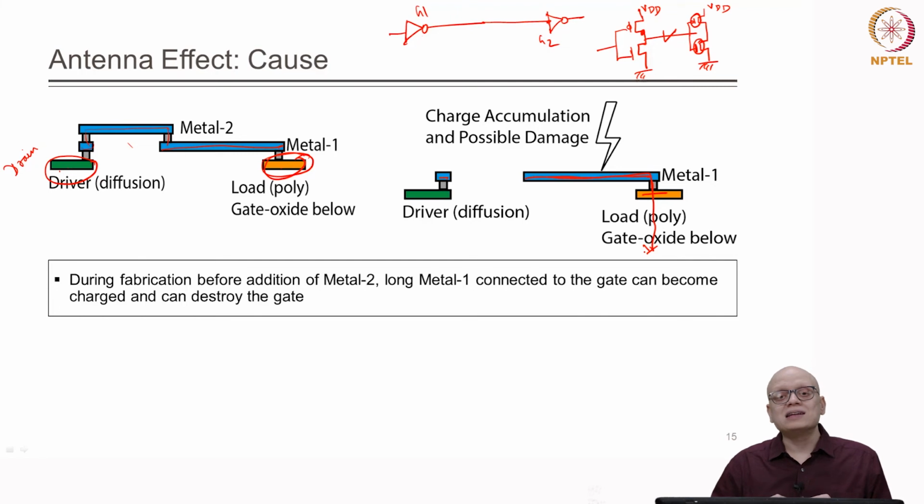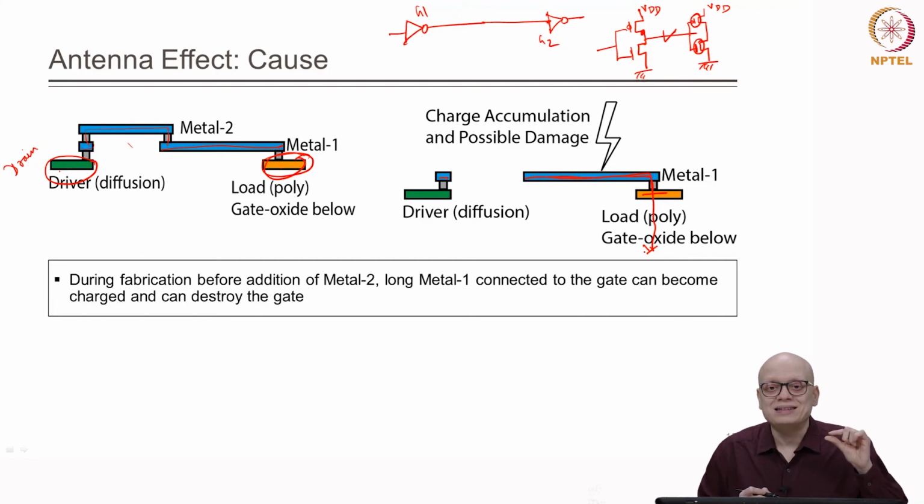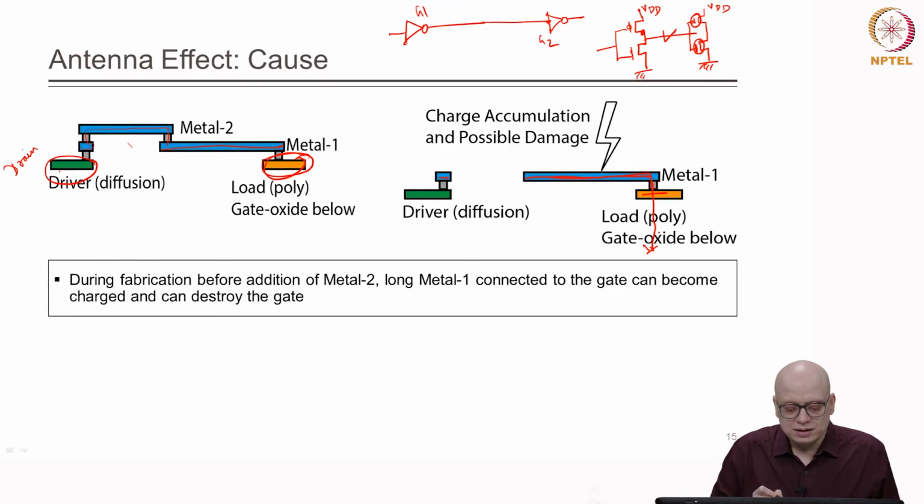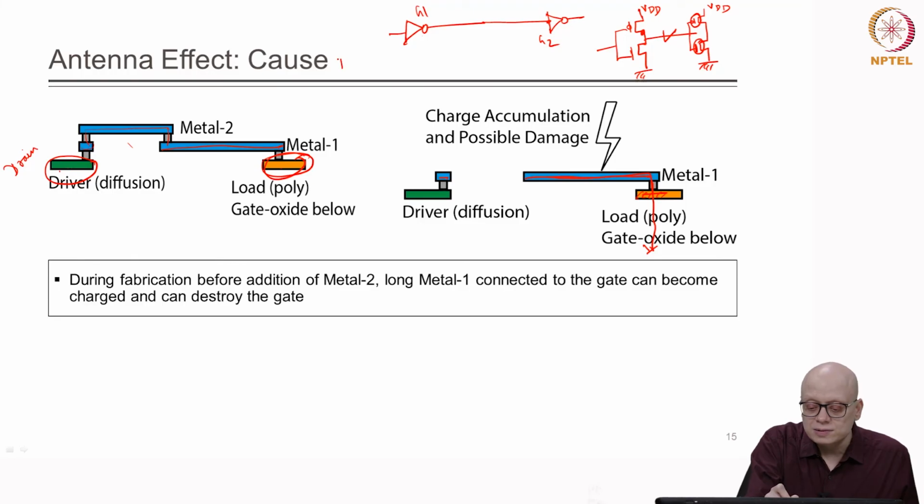And remember from the last lecture, the gate oxide is a very thin material, a few nanometers, 2 or 3 nanometers, and contains only a few tens of atoms. So, if a sufficient, high amount of charge gets discharged or crosses this gate oxide, then the gate oxide can get damaged. And this is basically known as the antenna effect, and the other name for this is plasma